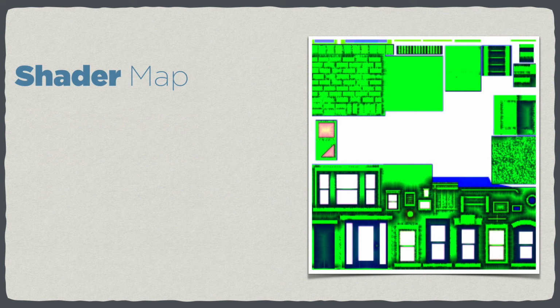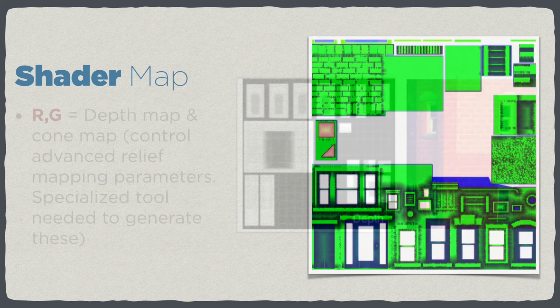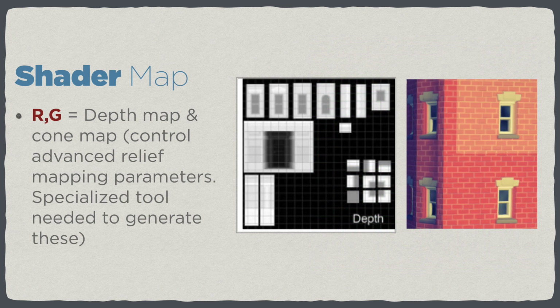We've reached the final and probably the coolest image of the SimCity material set, the shader map. If your settings are cranked way down, I think these textures are one of the first things to be dropped by the rendering engine. The red and green channels of the shader map store the information required to render the relief mapping. This is an effect that Ryan Ingram talks about in his Building and Rendering SimCity blog post from May 2013 on the official SimCity blog. Unfortunately, this requires special tools to generate the relief map assets. If any of you have any graphics rendering related programming skills and want to try to tackle this, I can forward you some more details.